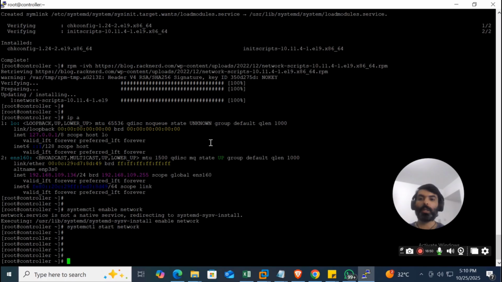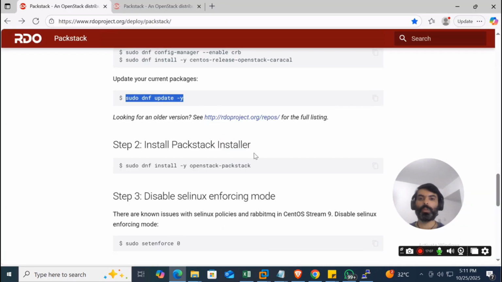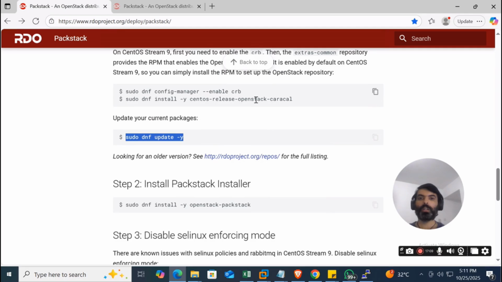of this VM, and even before that, better we clone this VM so it's like a template for us right now. If we clone this, we just have to change the hostname and the IP address, and the rest are the default system settings that we need. So what I mean to say is we need this OpenStack RPM or setup of Antelope